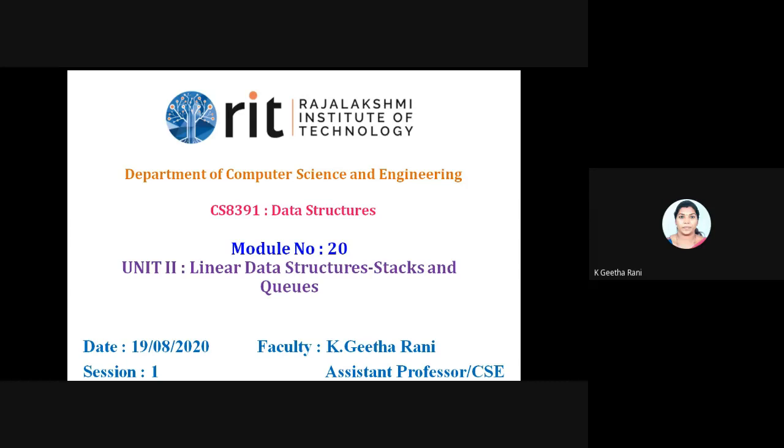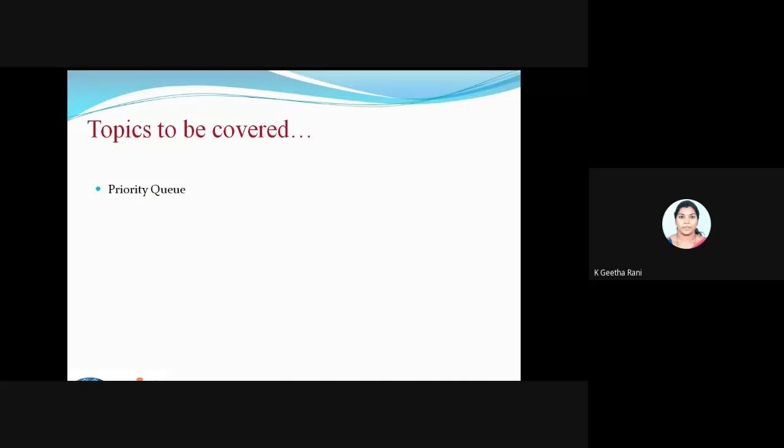So we are going to continue with the concept of stack and queue. We have completed the stack and we are on the queue concept. We saw a normal concept of queue, and we saw the implementation of the queue using a normal array and a circular array, and we have some types of queue. One is DQ, priority queue, and we also saw the DQ concept in the last session. And today we are going to see a topic called priority queue.